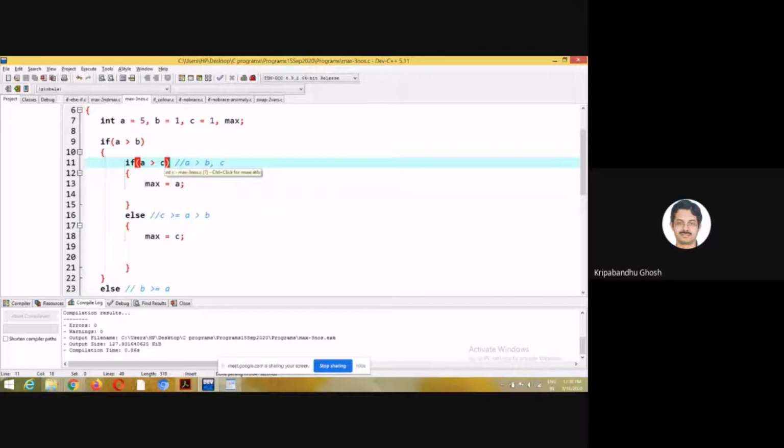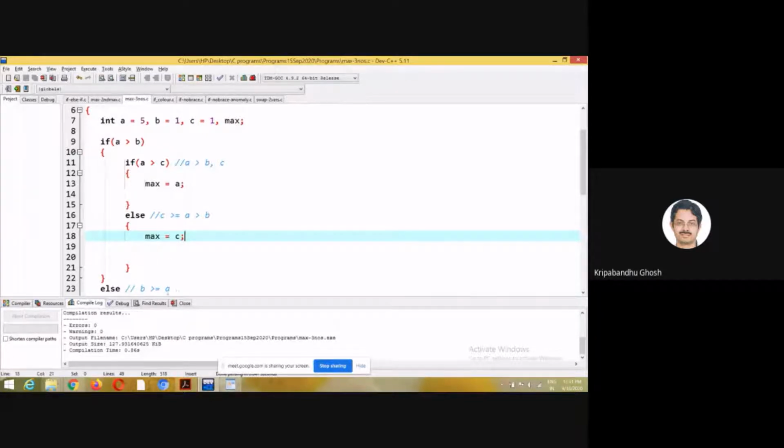C can be greater than A, or C can be equal to A. So C is greater than or equal to A, and we already know that A is greater than B. We don't need to check C with B again, because by transitivity, C is greater than A, and since A is greater than B, C must be greater than B. So you store the value of C in this variable. C is now the maximum.